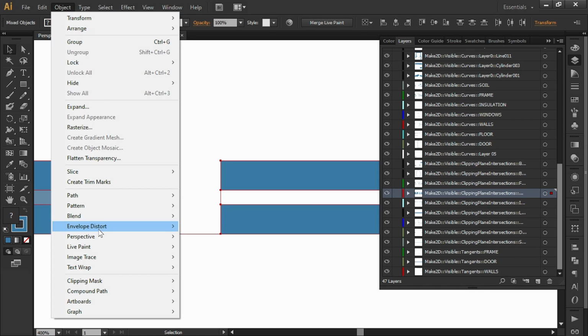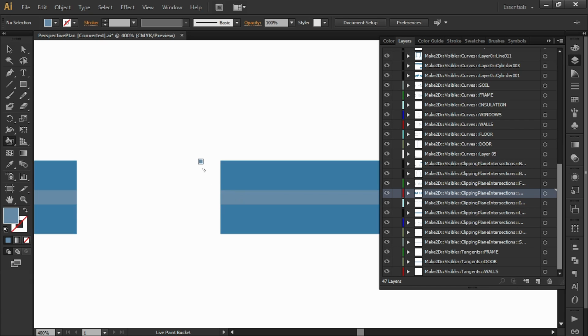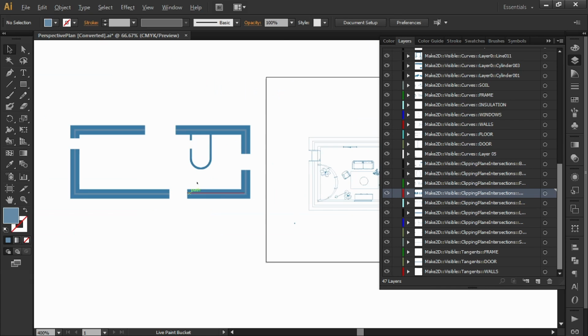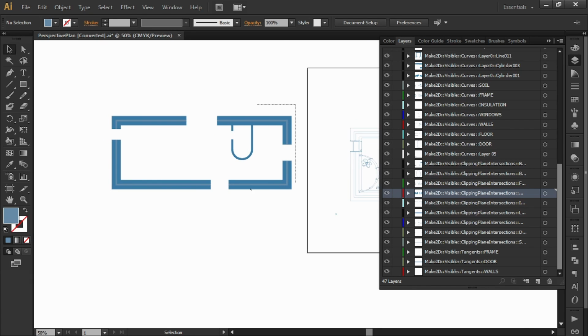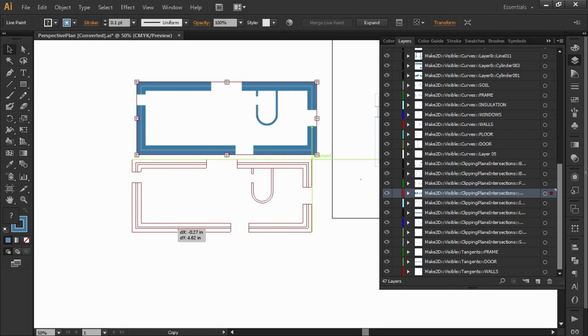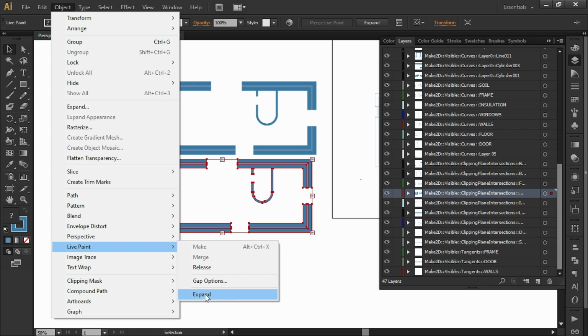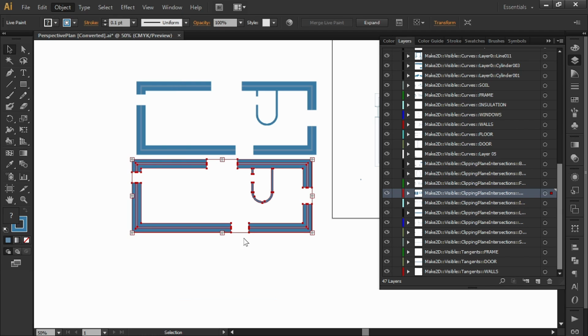And just go here and go Object, Live Paint, and Merge. And then I want to sample this one and go back here, and that will fill like that. Great. So we have this live painted, and I'm going to keep this as a live paint just in case I ever want to change it for reference. Now I'm going to go here and do Object, Live Paint, Expand, not release, expand, and then